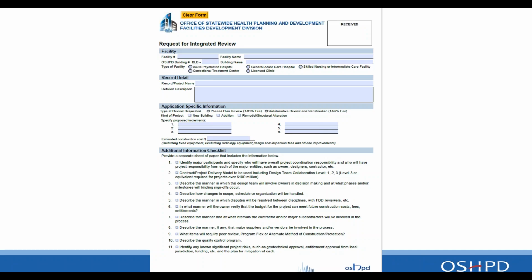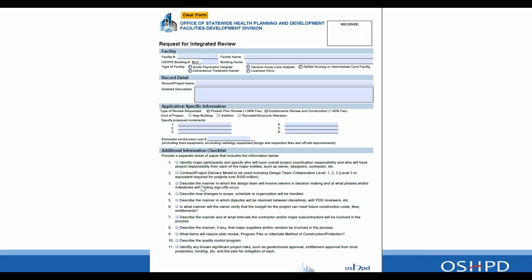This is a sample copy of the request for integrated review, which can be found on our website. You'll just see that the facility name is required, the type of facility, the record project name, and a description. We have here where you list your proposed increments that you want to break it down into. And then there's a list of items here that need response. And this helps us to determine